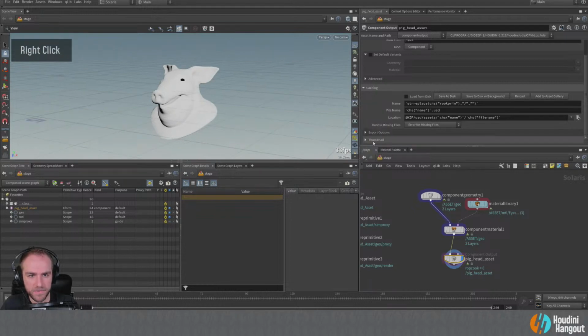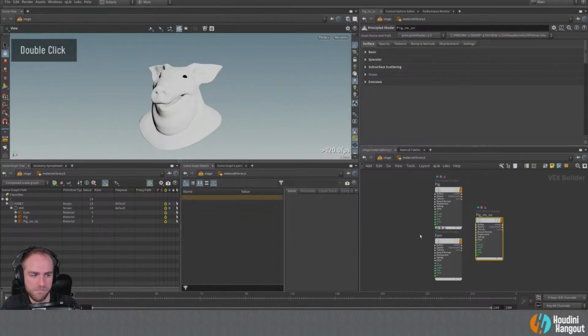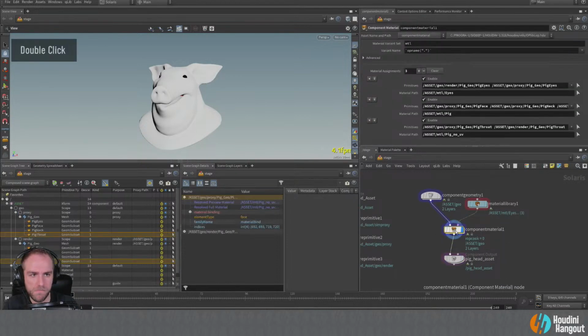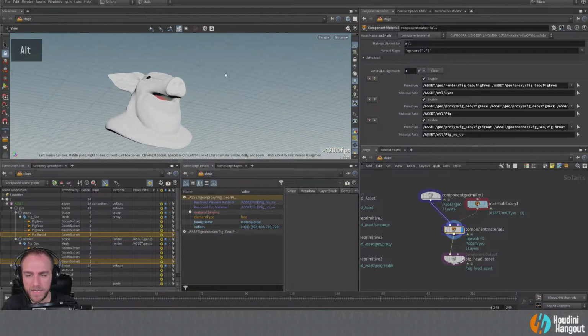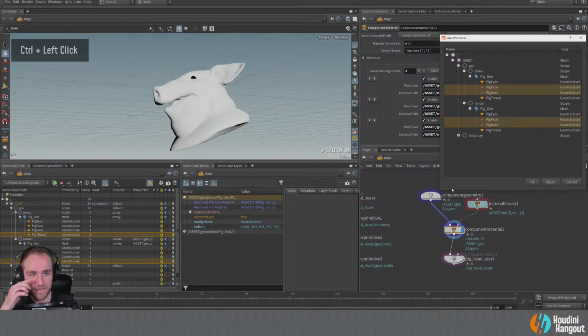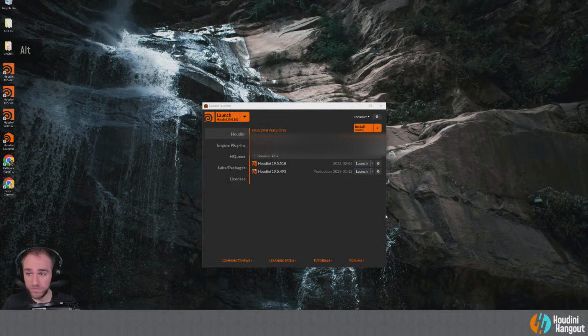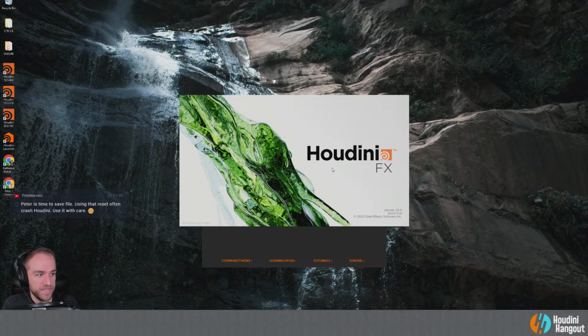Let me just see if I need to update the shaders. Huh. That is really strange. I'm not sure why that's not working. I can see the throat in there, but the skin outside is not working. Interesting. What about that? What if I do that? Oh. Well, cool. I'm going to have to look into that. Sorry about that.